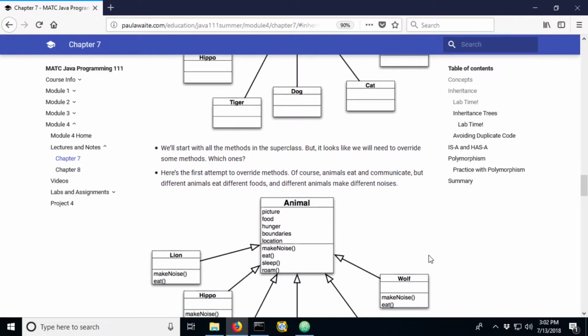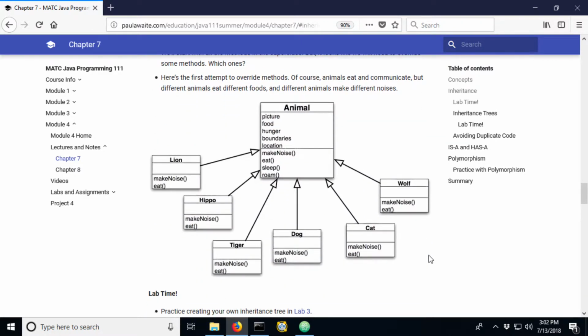And eat as well, at least in this example. So down here, we've now overridden those methods in each of the subclasses. So at that point, that's the bare minimum that we need to think about.